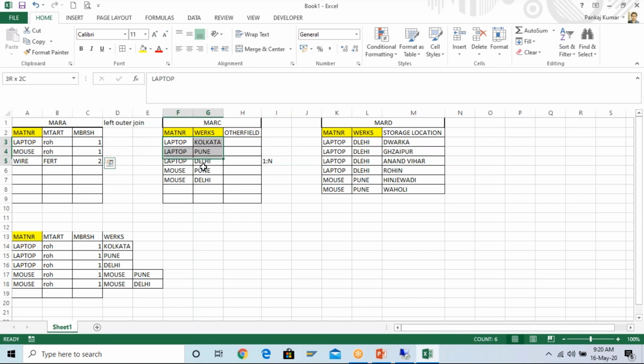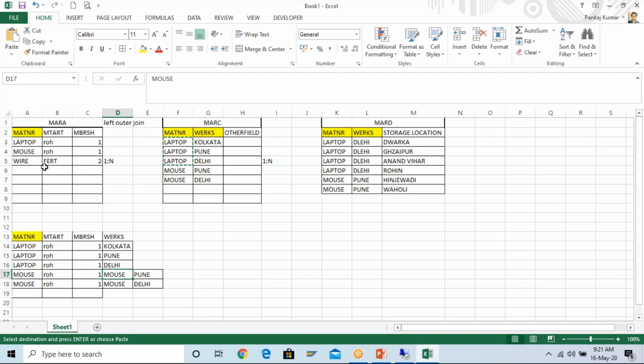So whatever in the right is here, everything from here it will come, right? Material and plant. So you are having the laptop, so all these 3 laptop records will come over here. Because all this laptop is here in the right, the corresponding MTART will also be considered from MARA, it is fine. The material number will also be considered, right? For this laptop, one is there, so 111 will be there. And the plants Kolkata, Pune, Delhi will be there. Now for the mouse, right? The mouse is also there 2 times, and for the mouse you can see ROH and 1, so ROH and 1 is coming 2 times.